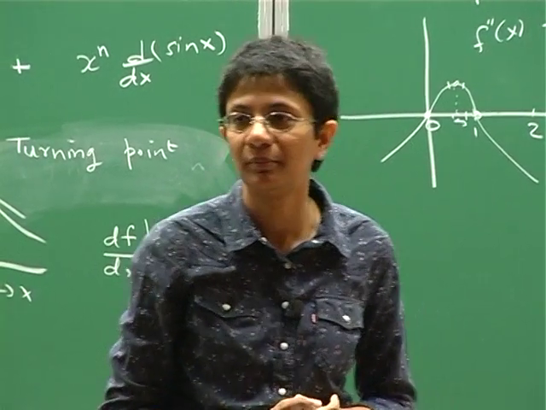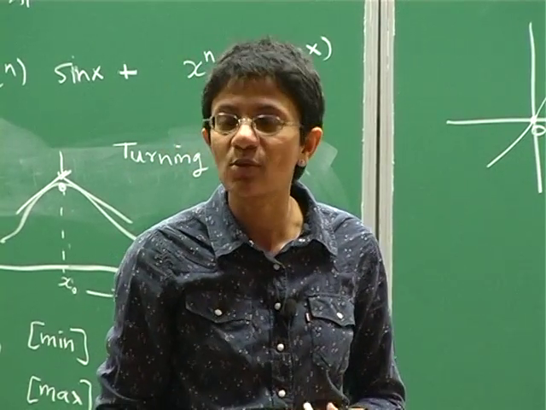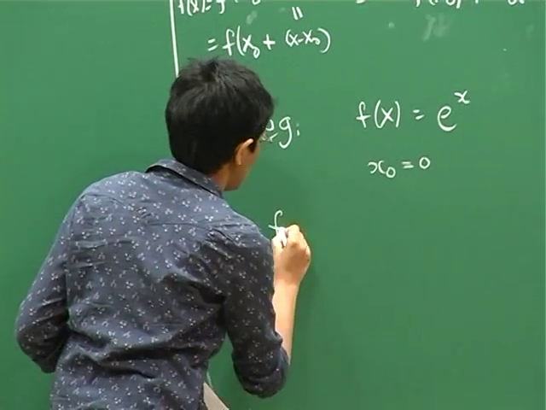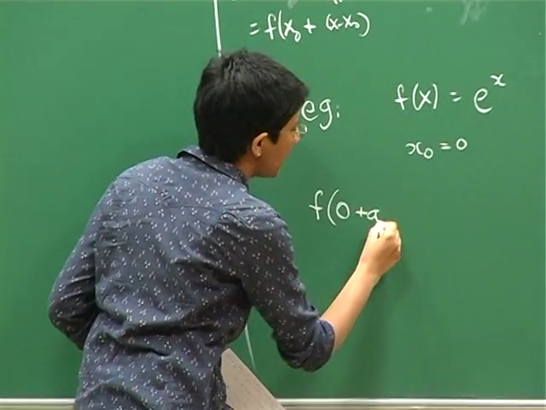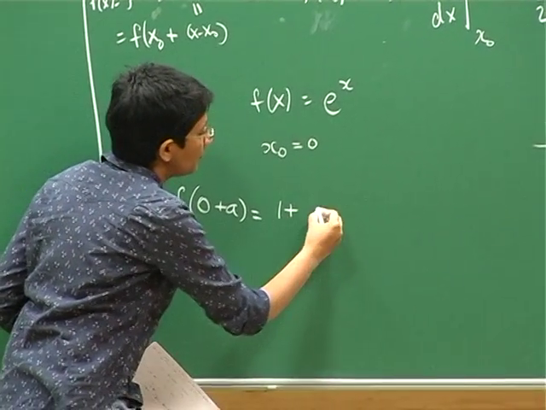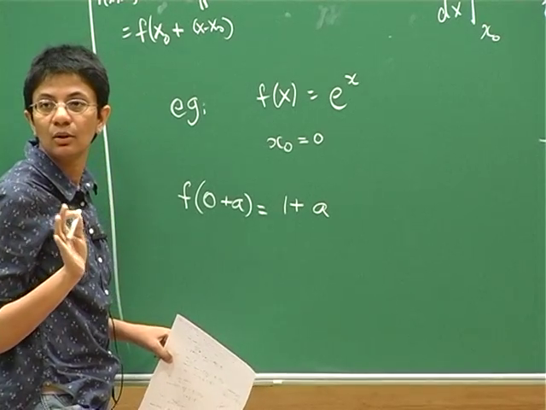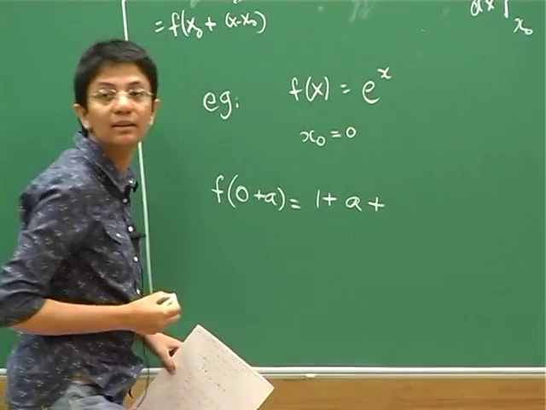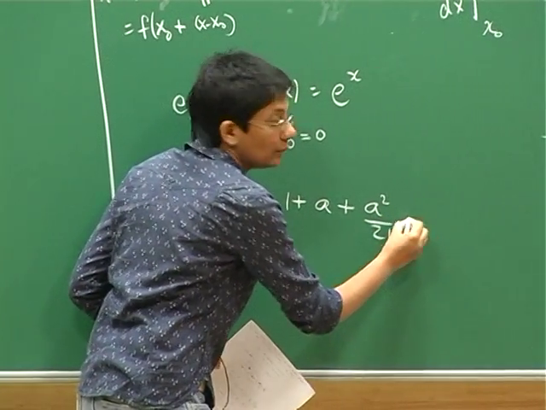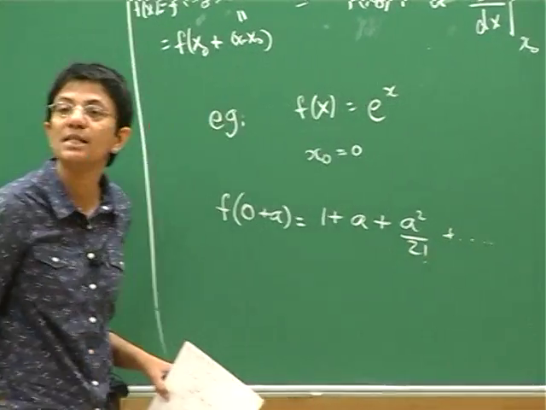What's the first term? 1. And the next one? So 0 plus a, I'm just using this notation, 1 plus a times something, 1. Next one, a square by... anything about it? No. Okay, so this is the series